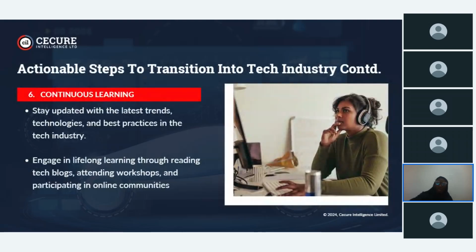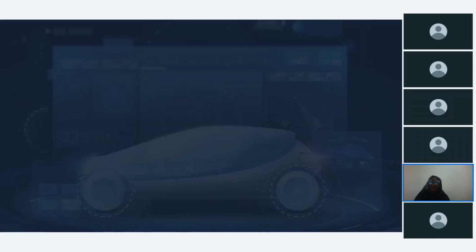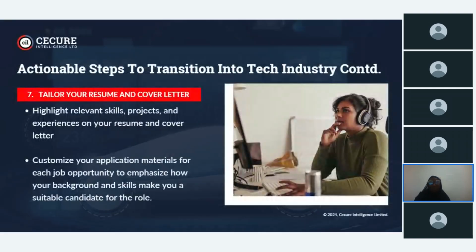Then the next one I would like to say is, after all this experience you are having, you have to tailor your resume and cover letter to actually state the experience you've gathered over the period of time. Like the portfolio I've earlier mentioned, from your cover letter, from your resume, there should be a link to your portfolio